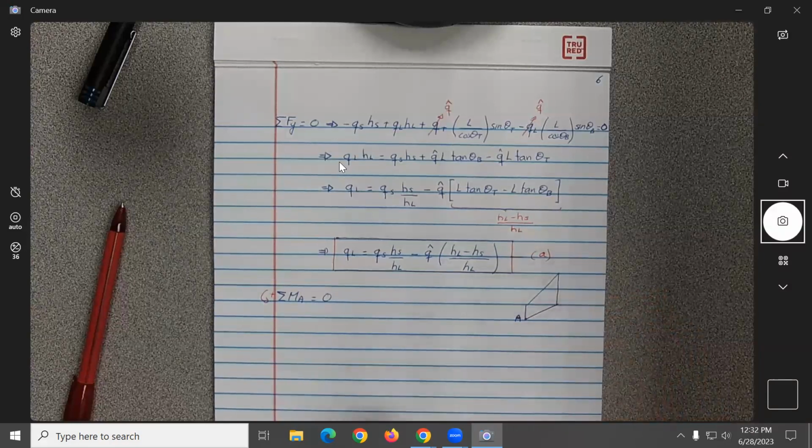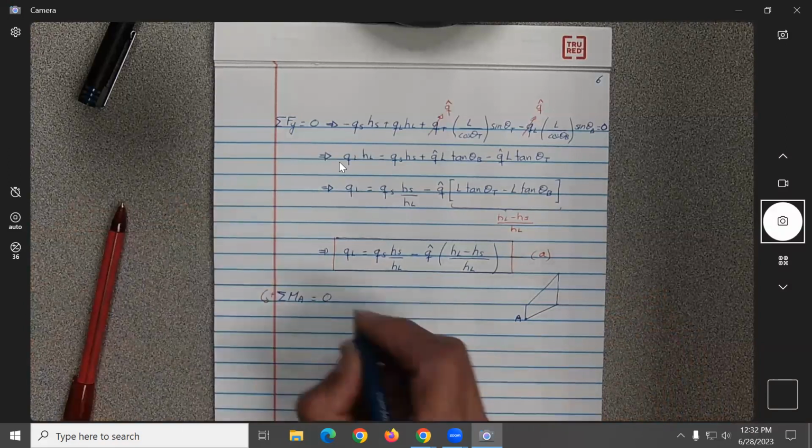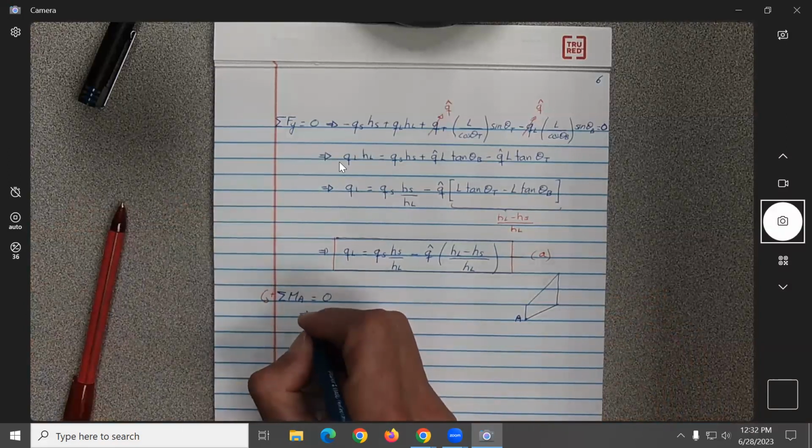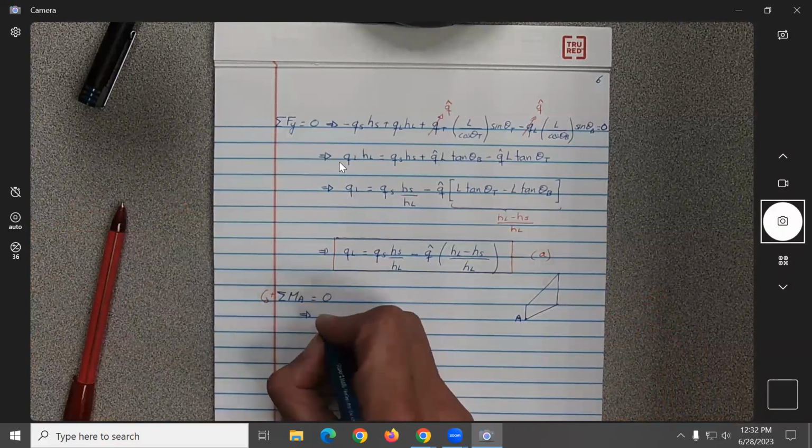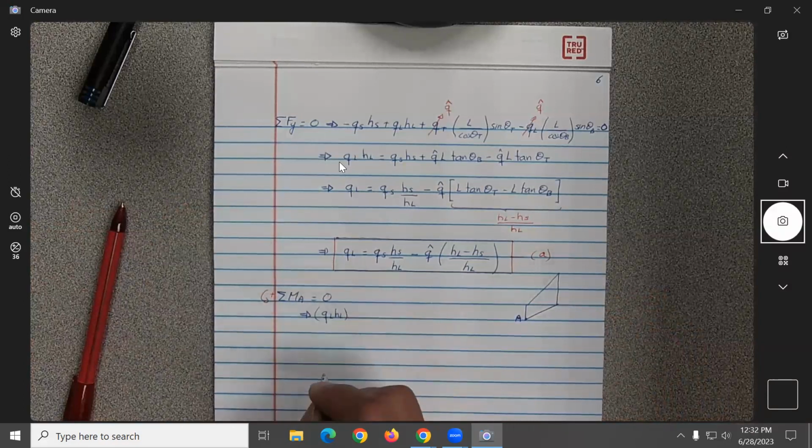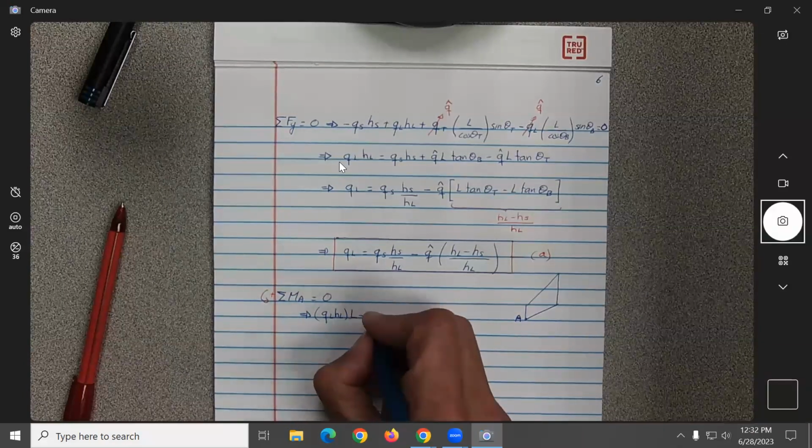This one over here. And this should give, so you will get Q sub L, H sub L times L minus Q hat,